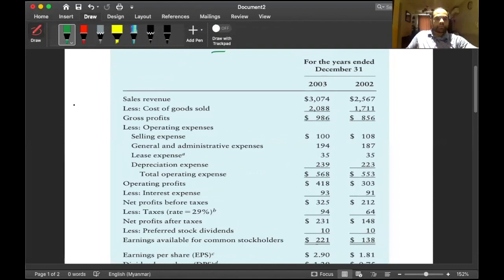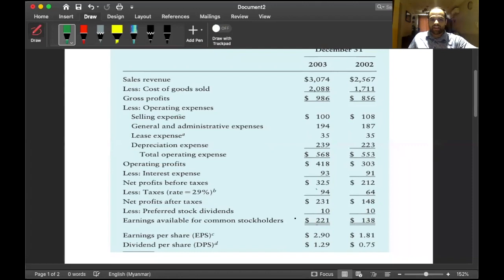We have sales, cost of goods sold, gross profit, operating cost: selling, general expense, lease, depreciation, and total. We get operating profit, which sometimes we call net profit before interest and tax. Then we have tax, 94 and 64. Then preference stocks, 10 and 10, and 221 and 138 is the net income, or net profit after interest, tax, and preference